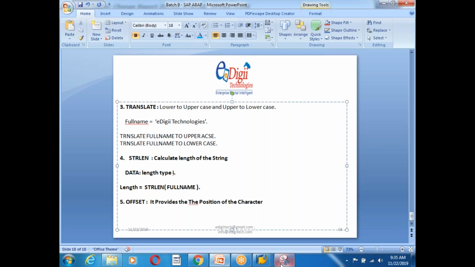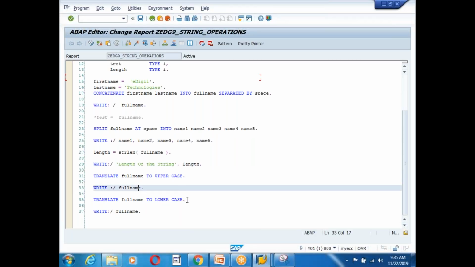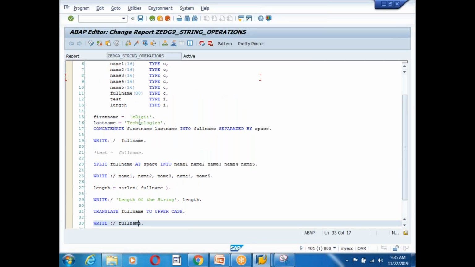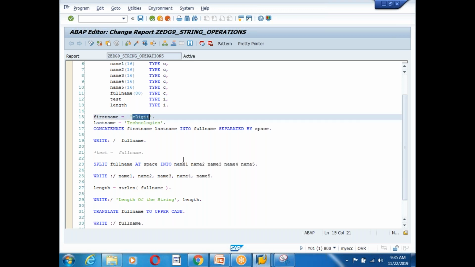Let's take an example: I would like to read in EDZ Technologies maybe. So I would like to read first. So the total full name is EDZ Technologies. I would like to read only the EDZ. So that means how many characters do I need to read, guys? 6. 1, 2, 3, 4, 5, 6 characters, right? So how can I read it? So maybe first I would like to read